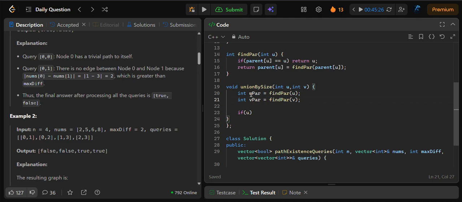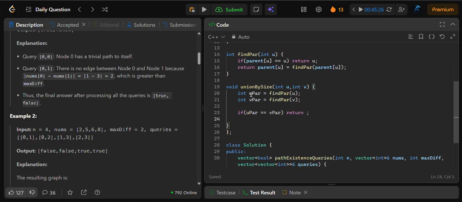If U pair is equal to V pair, we will just return, we don't have to do anything. They are both in the same component. Otherwise, we will add them into the same component. So for like,